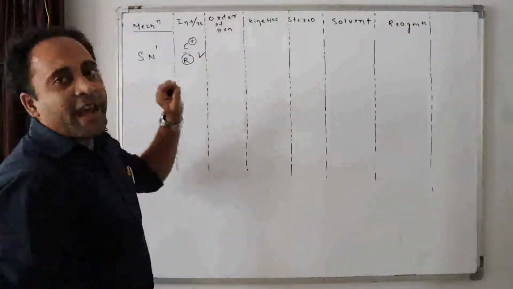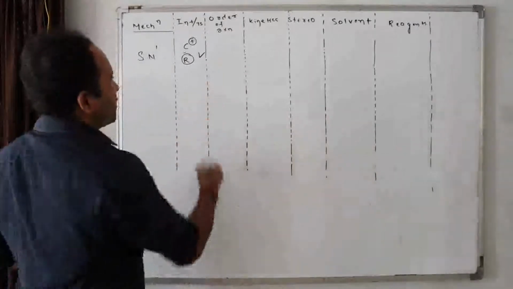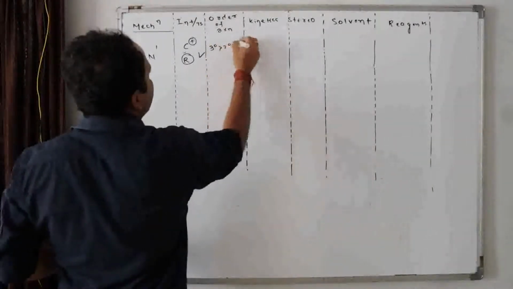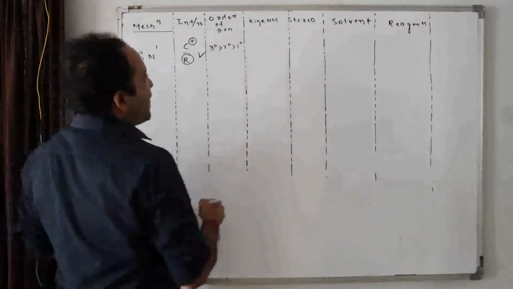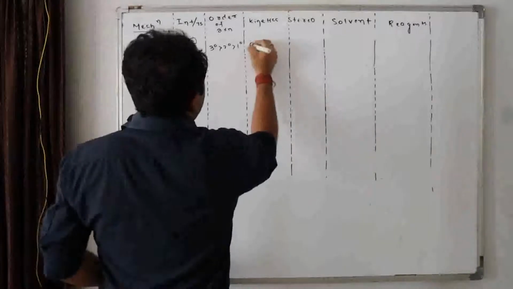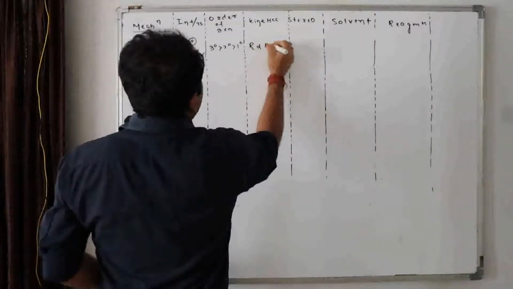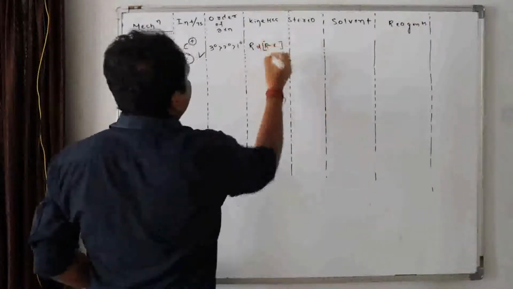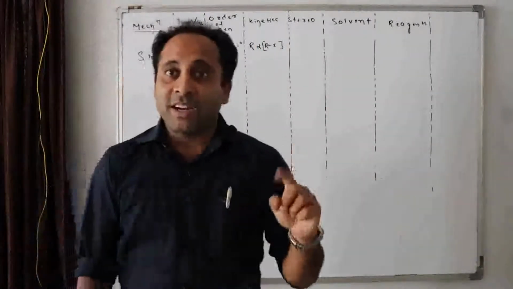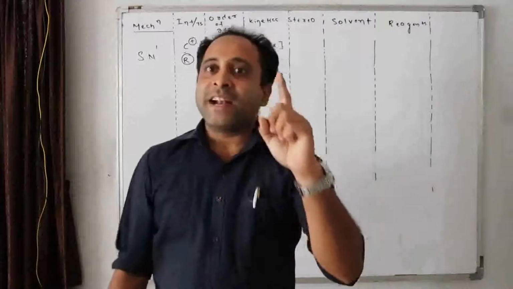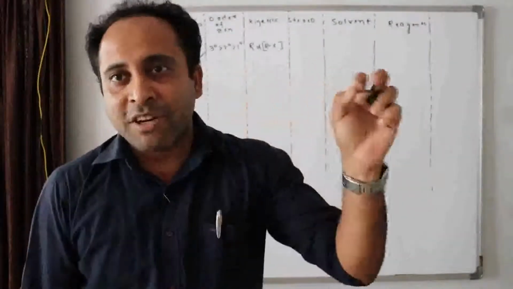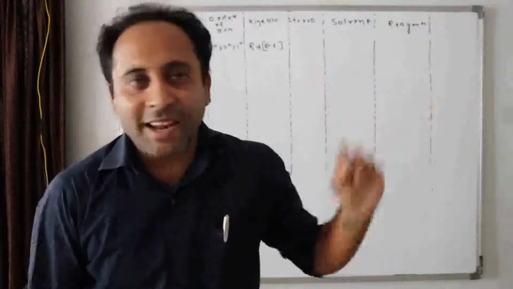What is the order of rate of SN1 reaction? We know that tertiary reacts faster than secondary, then primary. What is the kinetics of SN1 reaction? As it is an SN1 reaction, the rate is proportional to only the alkyl halide. It does not depend upon the nucleophile because the nucleophile is added after the rate determining step where the carbocation is formed, so the rate only depends upon the concentration of alkyl halide.